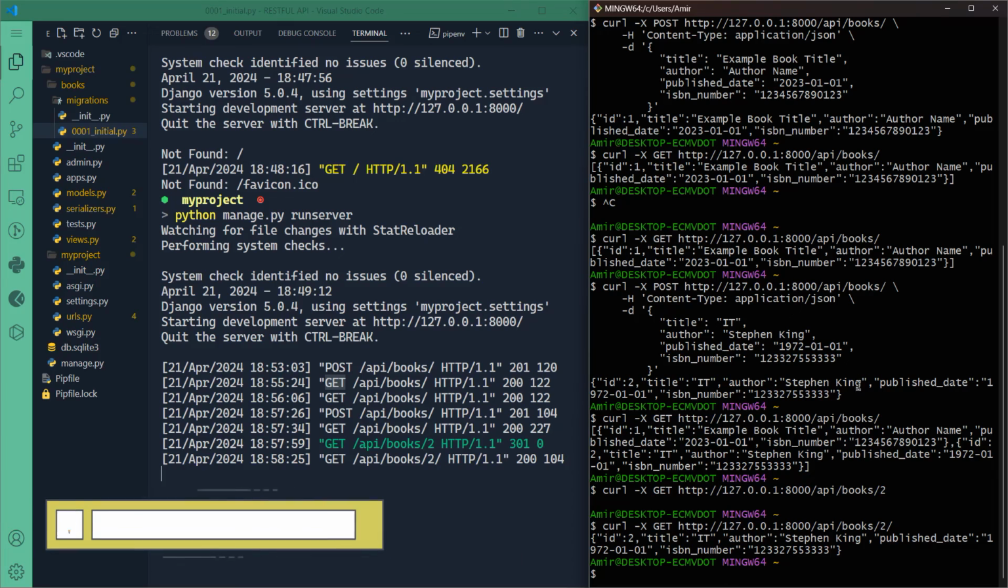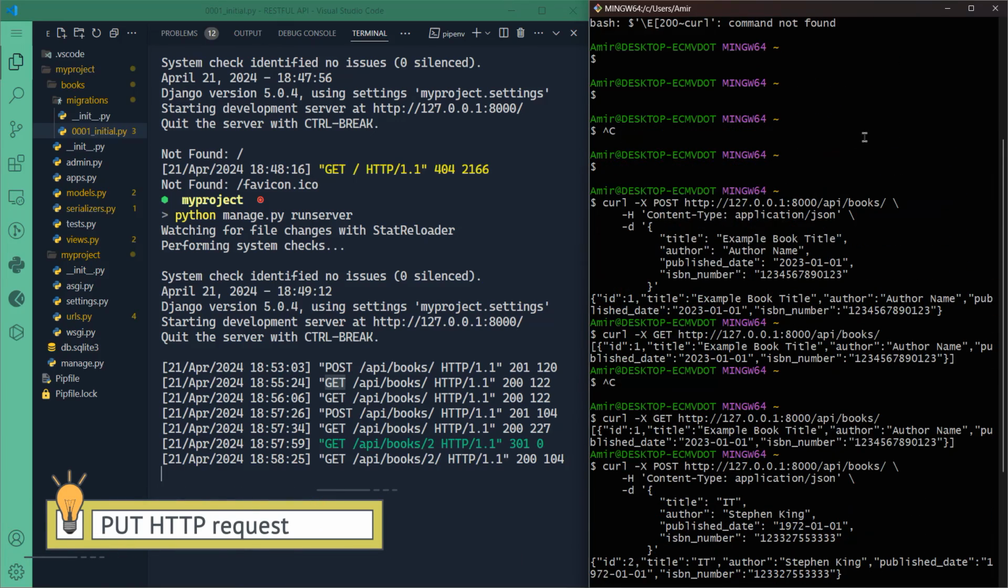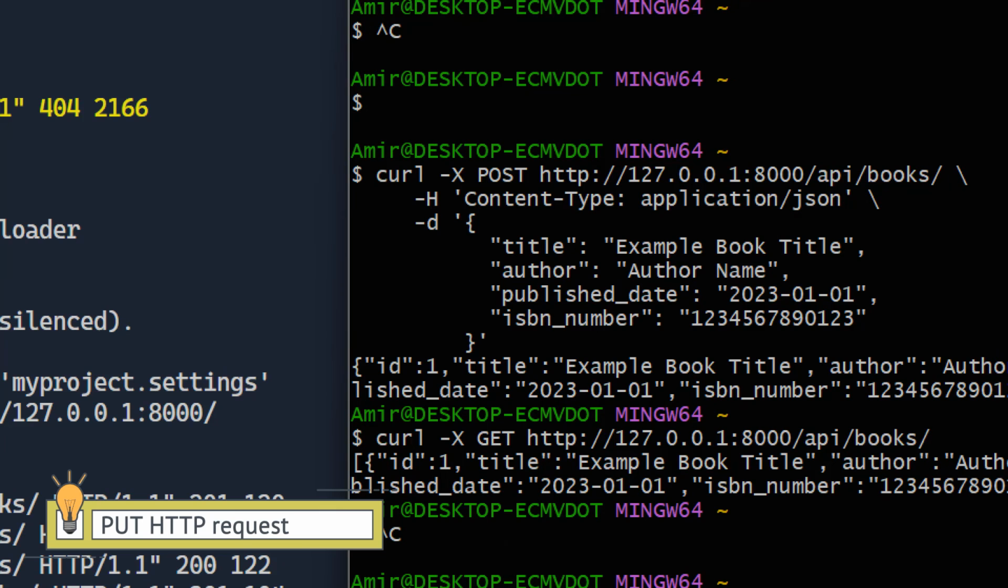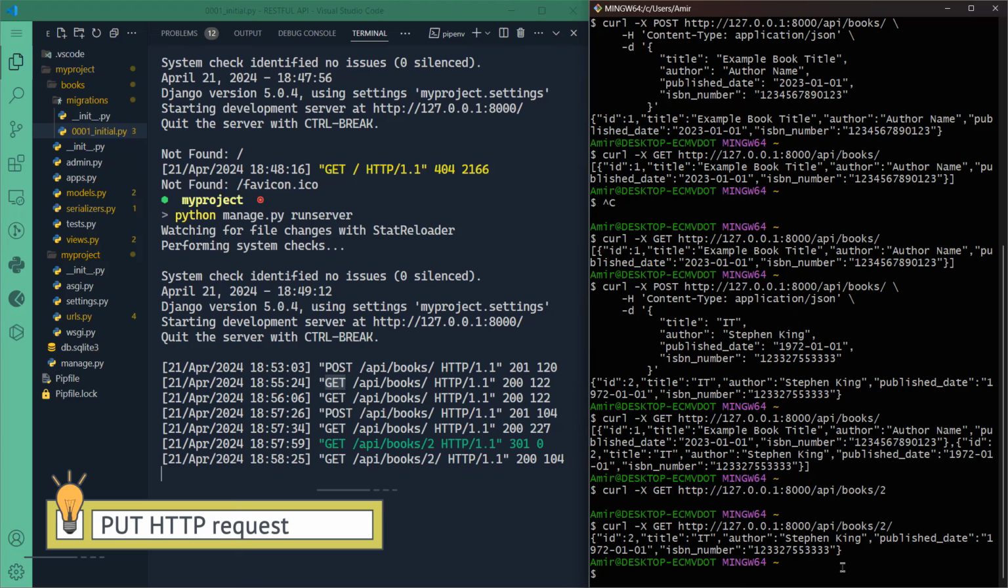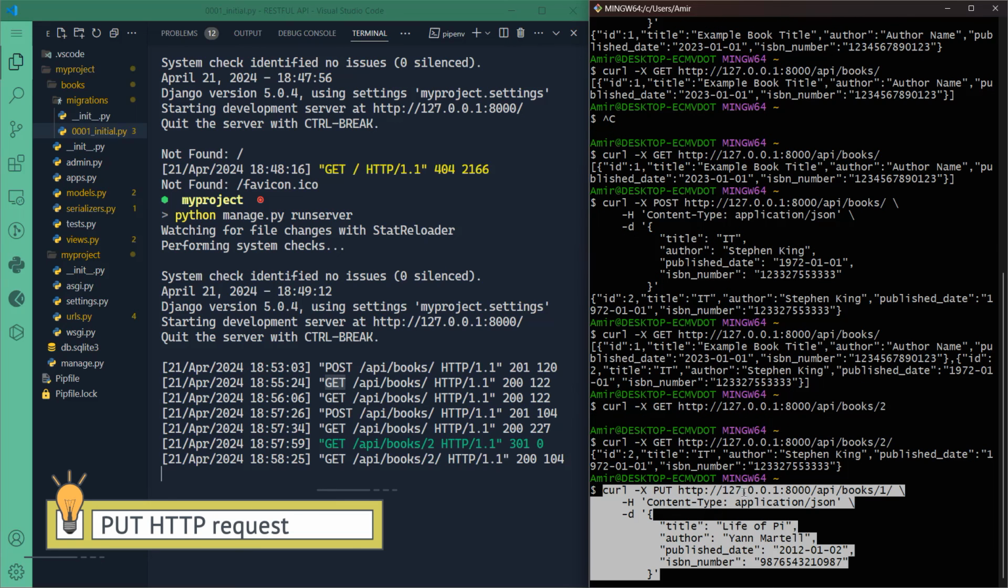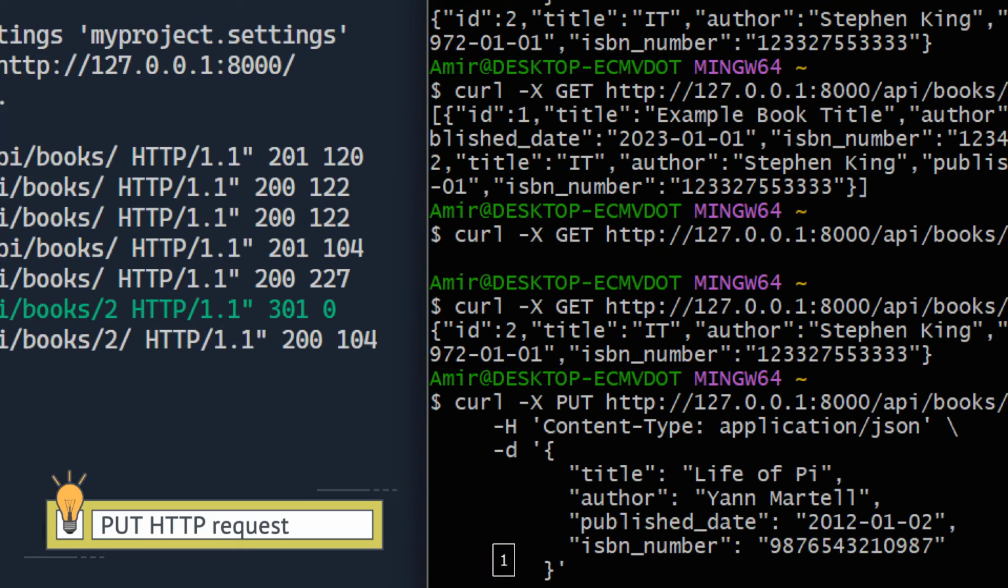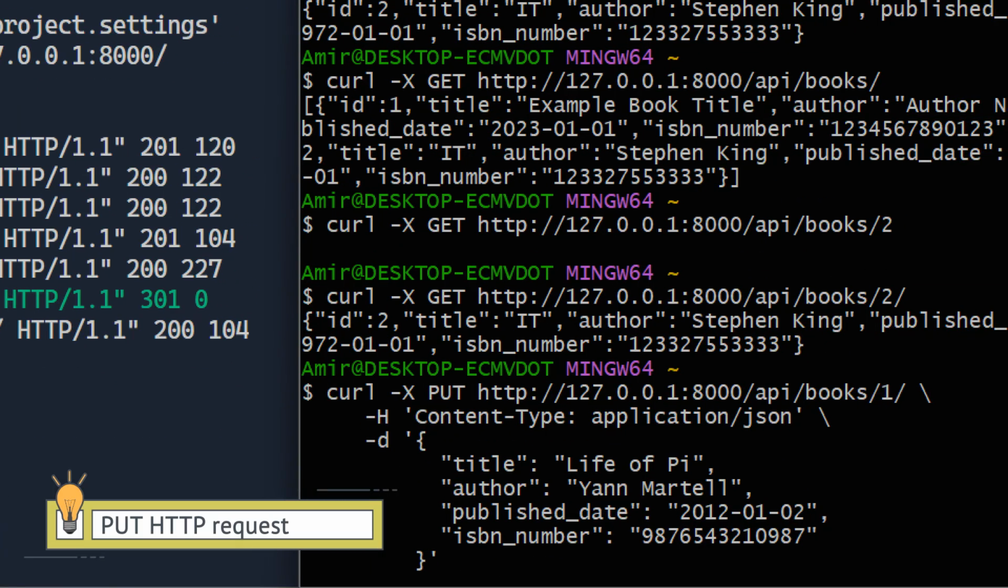All right, now let's say that I want to modify the first record, this example book title. I want actually to enter a title for that book, the author, and so on. So the way to do that is by using, of course, the verb put. So we have get, post, then put. So I'm going to paste that in here simply by saying here that curl put http://localhost:8000/api/books/ and then the number of the ID of